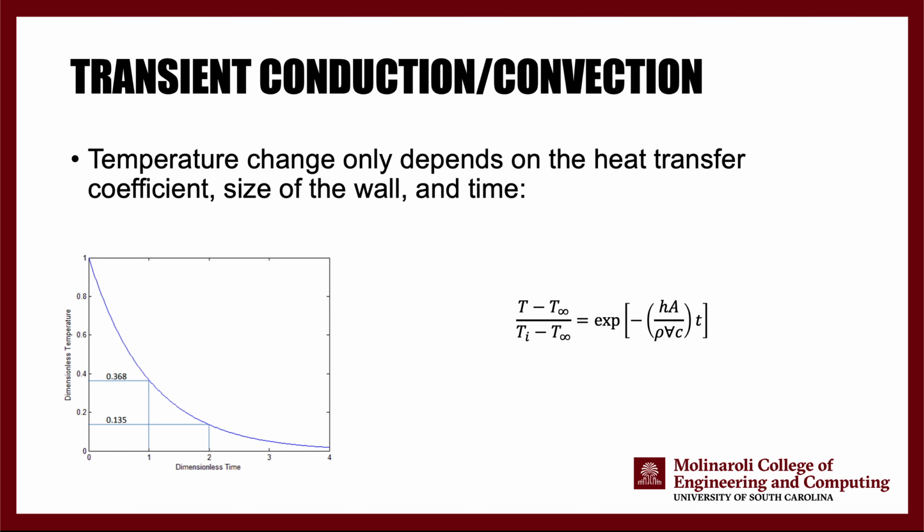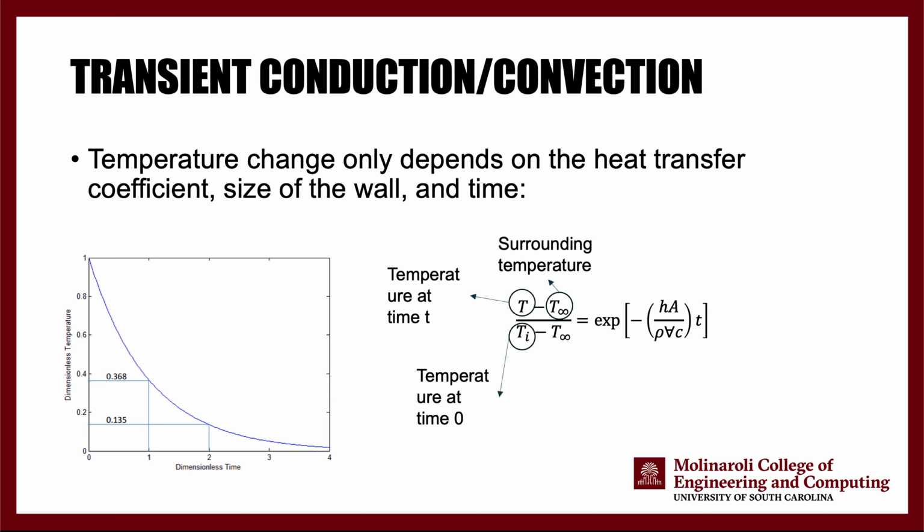And if you do that, the energy equation simplifies to this specific equation that is going to give us the temperature at any time t as a function of the surrounding temperature. Essentially, this is your outside air temperature, divided by the initial temperature at time 0. This is essentially the temperature of the copper block whenever you started doing the experiment,